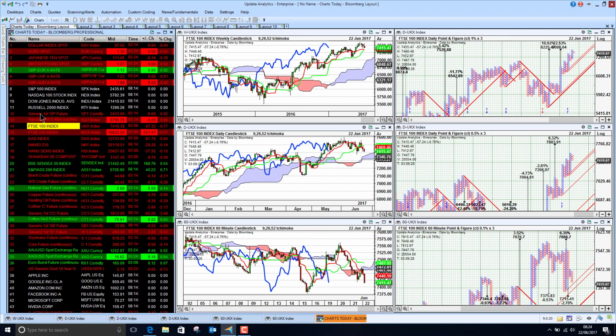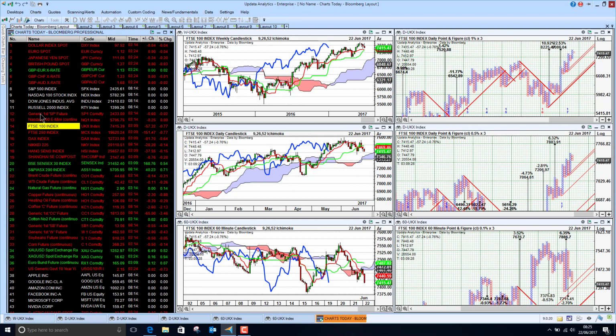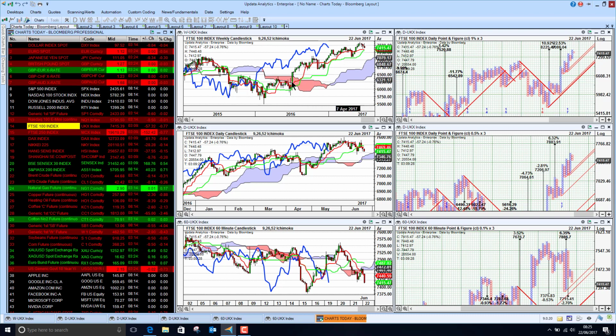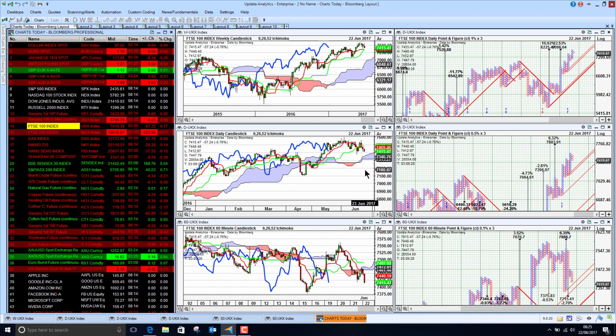The FTSE 100 index is falling away this morning, so we are just seeing short-term bearishness on the FTSE. It really has been struggling the last several weeks. It's just in this range, rolling over. It's a long slog here. We are going up the hill. It is a bullish trend, but it has been quite a tough few weeks, and we're just seeing that fall